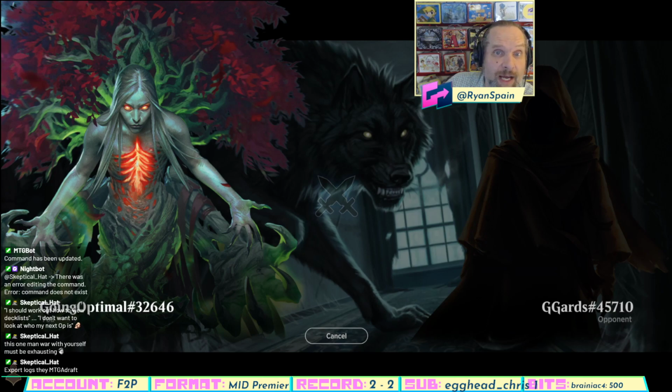Oh, MTGA draft. Export logs. Oh, game logs? Draft session? Review? Oh, this is way too much work. I'm done. I tried for like a full 20 seconds. That was exhausting. Is G-Guards trying to play, or should I...